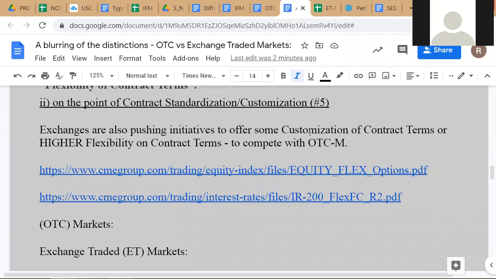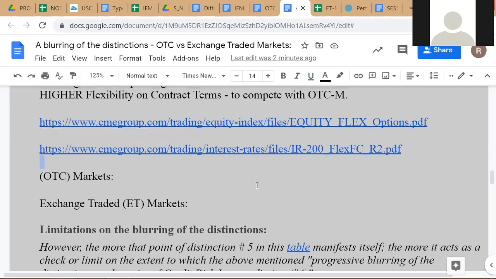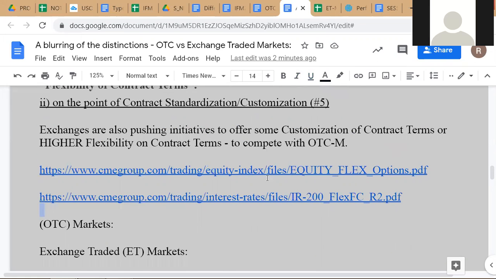Generally, exchange contracts are very standardized, okay? So they're trying to offer something called flex options. You can read about flex interest rates, flex options in equities, okay? Essentially, what the exchanges are trying to do is bring some element of flexibility into their contract terms in order to compete with